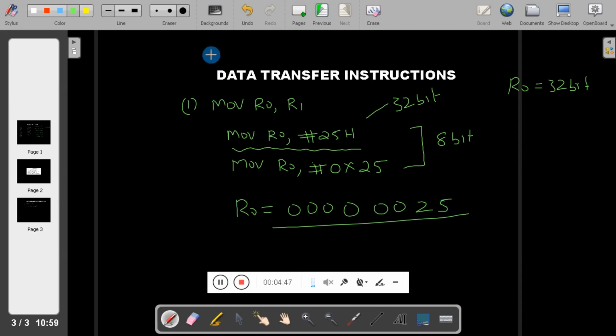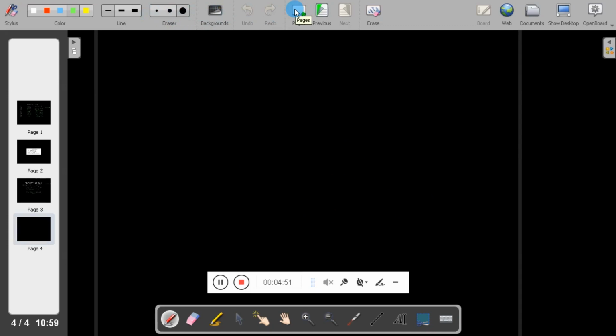Now we have one more instruction here, students. Next we will see the instruction MOVS, moves. We know what is MOVS. Like in my previous video I have told you what is MOVS.